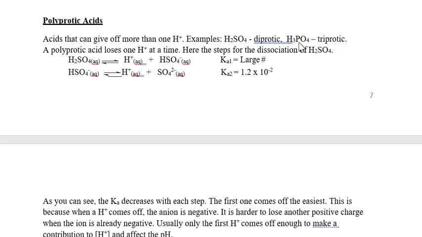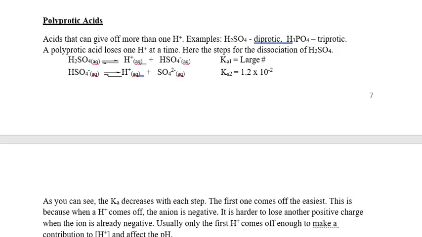Of course, if it's in the presence of a strong base, then every one of them is going to be donated. But if it's just dissolving in water, what you find is that as you dissolve sulfuric acid in water, that first proton comes off really easily, and the acid ionization constant for it is large. We call that first one completely dissociated. But by the time you are dealing with the second proton, it's much smaller,